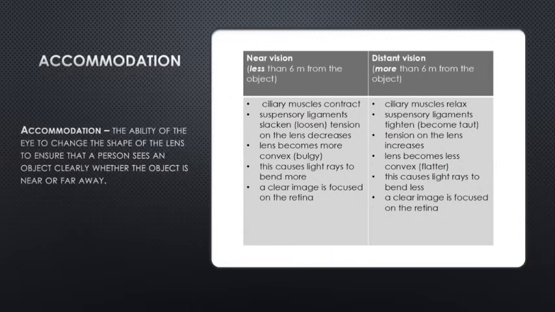And once the tension on the lens is decreased, they become more convex or bulgy, or thicker. Yes, they become more thick. I'll show you a picture. And then this causes the light rays to bend even more, creating what? A clearer image on your retina. Right. And then distant vision is the opposite of near vision. Now, the distance between you and the object is more than 6 meters away. It's far away, maybe 10 meters away from you. Now your lens will change to a certain shape